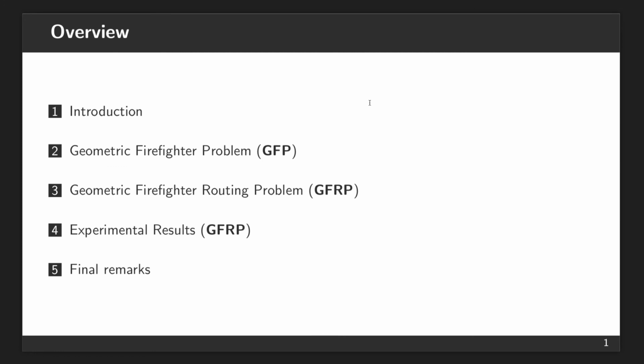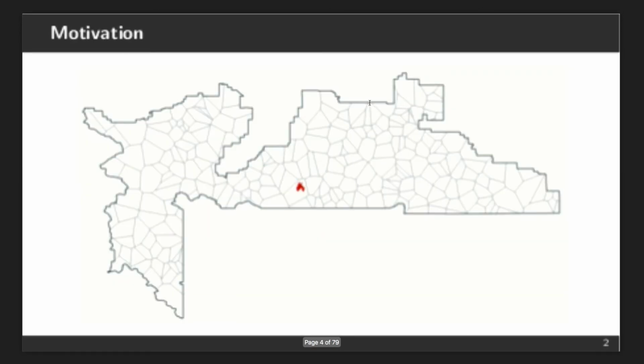This is a brief overview. I'm going to give you some introduction, talk about the first version of this problem, the geometric firefighter problem, and then the version that we are interested in, in which we have some routing component added to the problem, and talk about some experimental results and give you some final remarks.